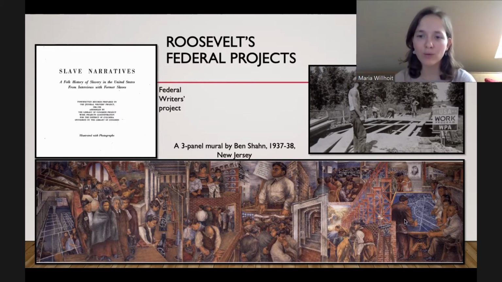And then they're continuing to work, continuing to go to school. So it's a really beautiful mural. It's in New Jersey. And then I also have here, it's just an advertisement for the Federal Writers Project Slave Narratives. One of the projects that the WPA workers had was to actually find